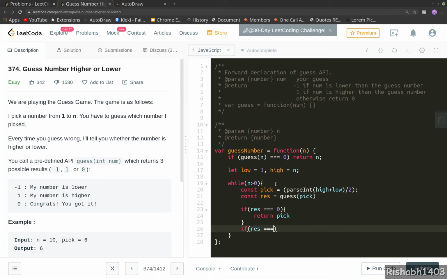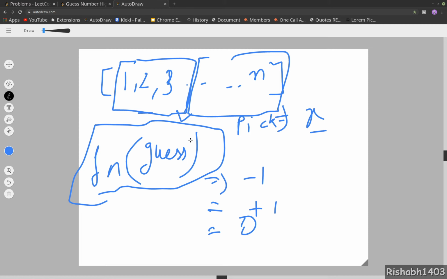If result is equal to -1, this would mean that the number that we picked is higher than the actual number. So we need to update our bounds. The new high would become the pick number. That means now we have to search only in the left segment of the array.